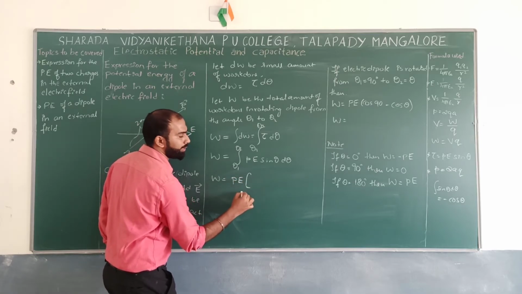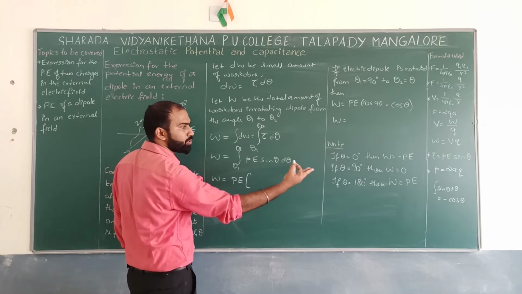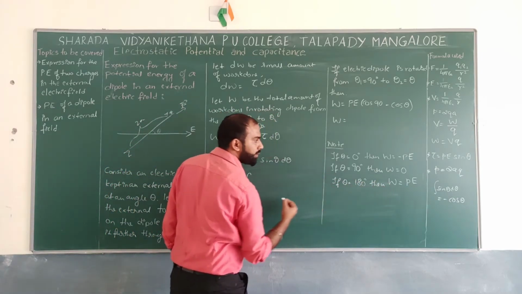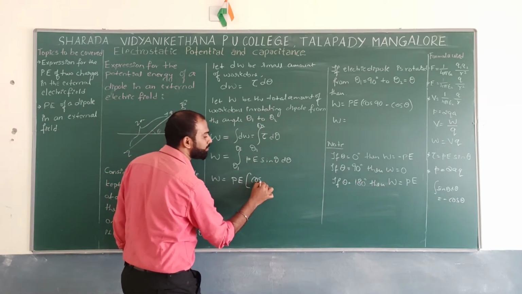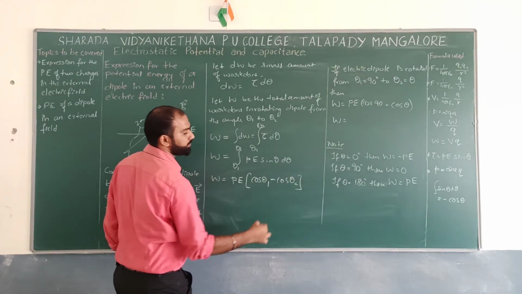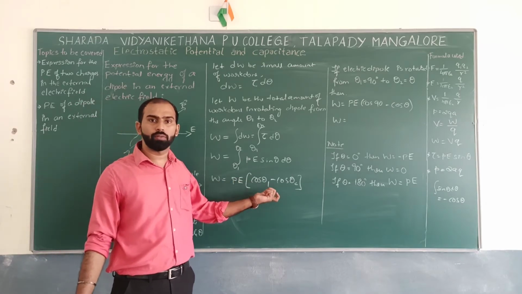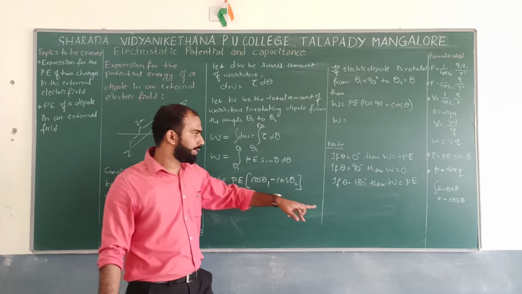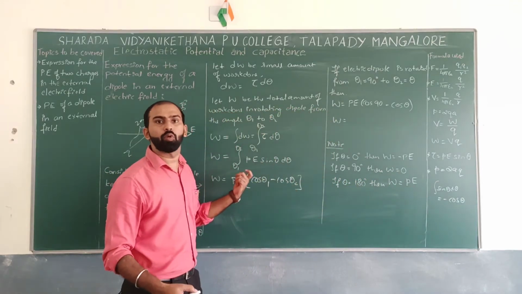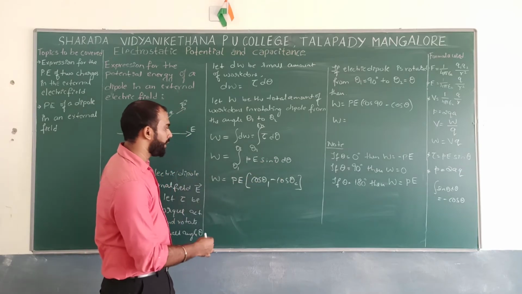upper limit minus lower limit, since we have minus cos theta over here. So can I write this is nothing but cos theta 1 minus cos theta 2 over here. Are you getting why I have done this? Instead of cos theta 2 minus cos theta 1, since we have a negative sign over here, minus into minus is plus, so that's why cos theta 1 minus cos theta 2.